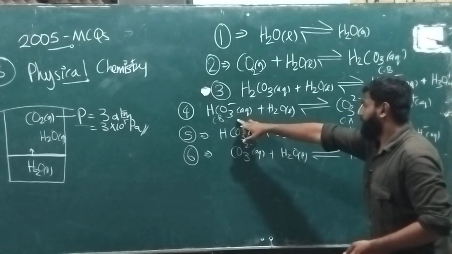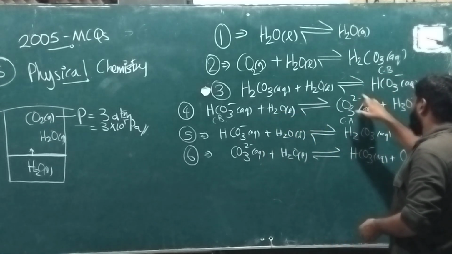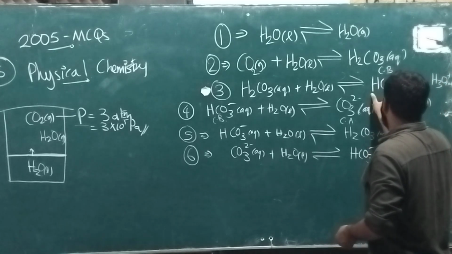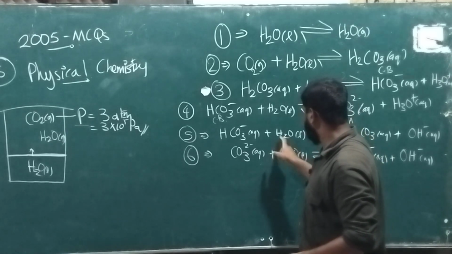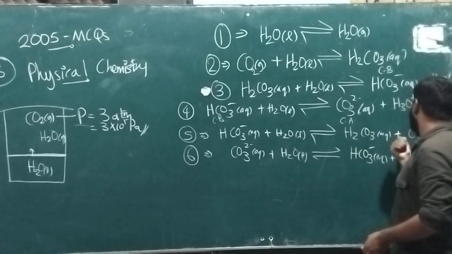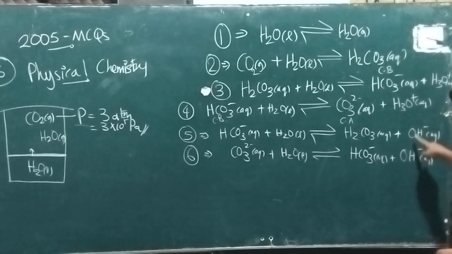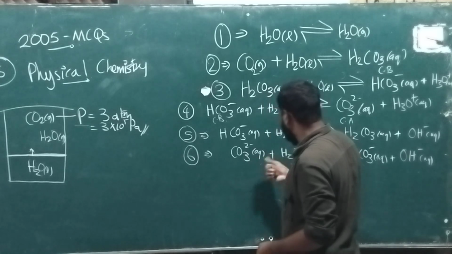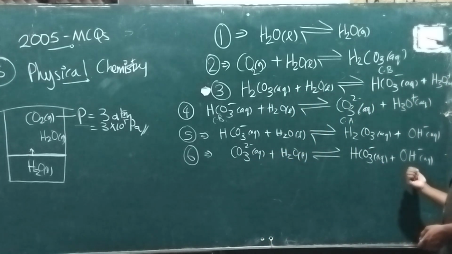Here also the same thing, bicarbonate ion will give the H plus to the water, forming carbonate ion with the hydronium ion aqueous. Since bicarbonate ion is actually a conjugate base, it takes the water again by taking out the H plus from one of the water molecules, forming carbonic acid along with the release of OH minus ion aqueous. The same case happens to the carbonate ion. It takes the H plus from the water, forming bicarbonate ions and OH minus aqueous.